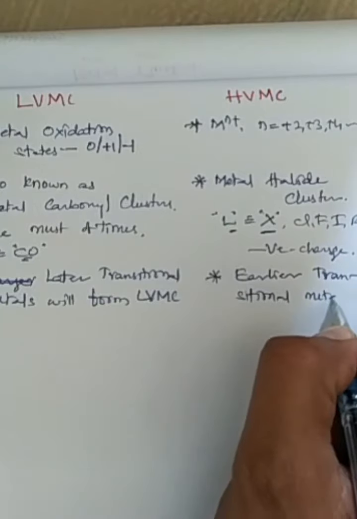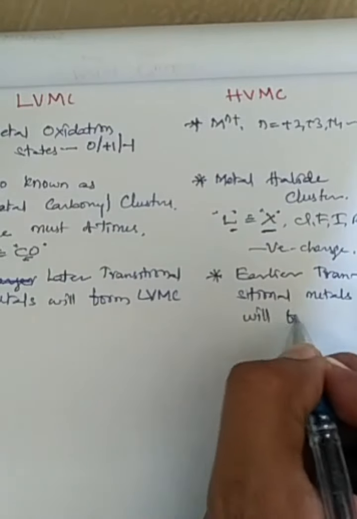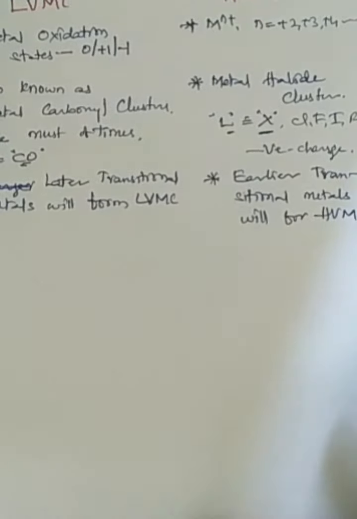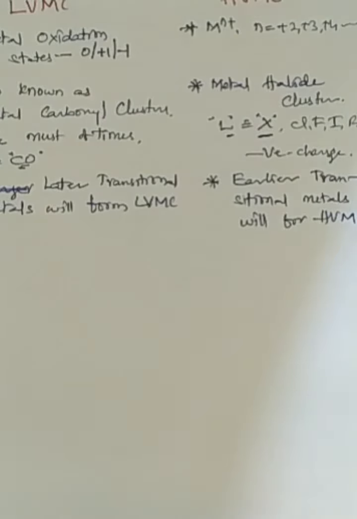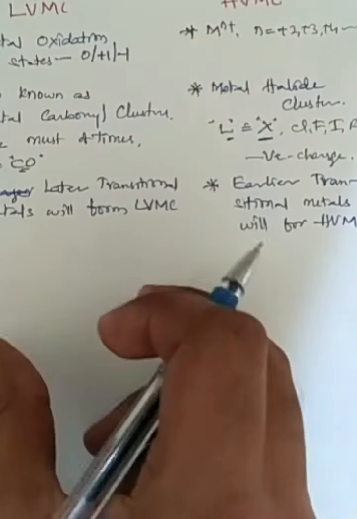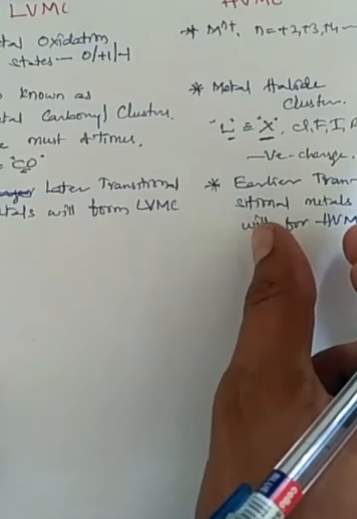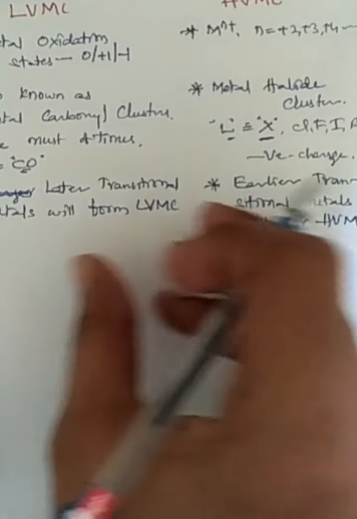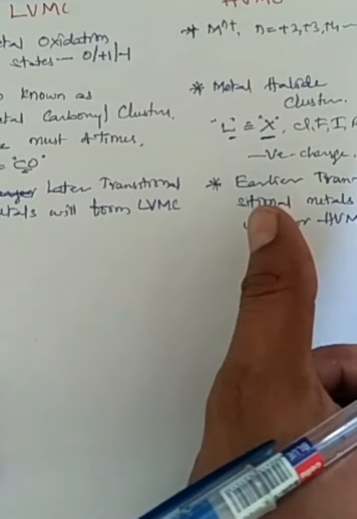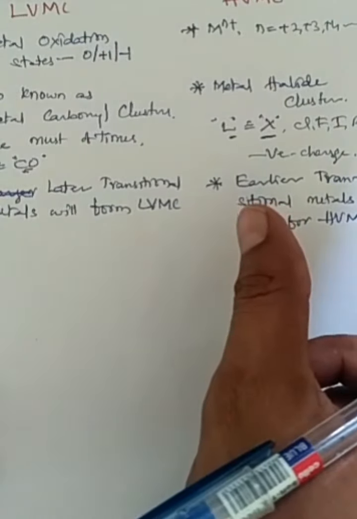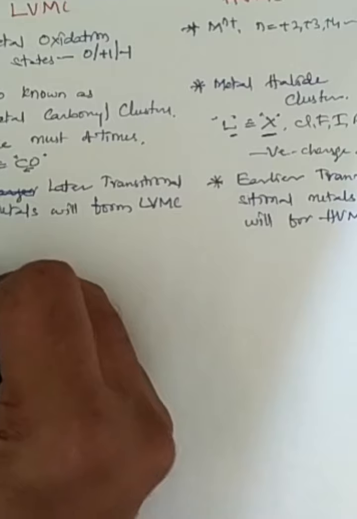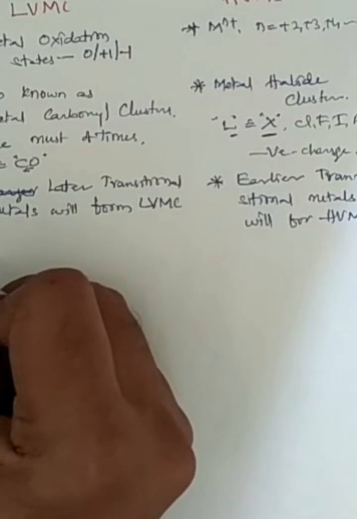Transitional metals will form high valency metal clusters. High valency metal clusters will be formed by the earlier transitional metals, which means the first half of the D series. The second half series metals in the D block will be formed by the low valency metal clusters, right? And here